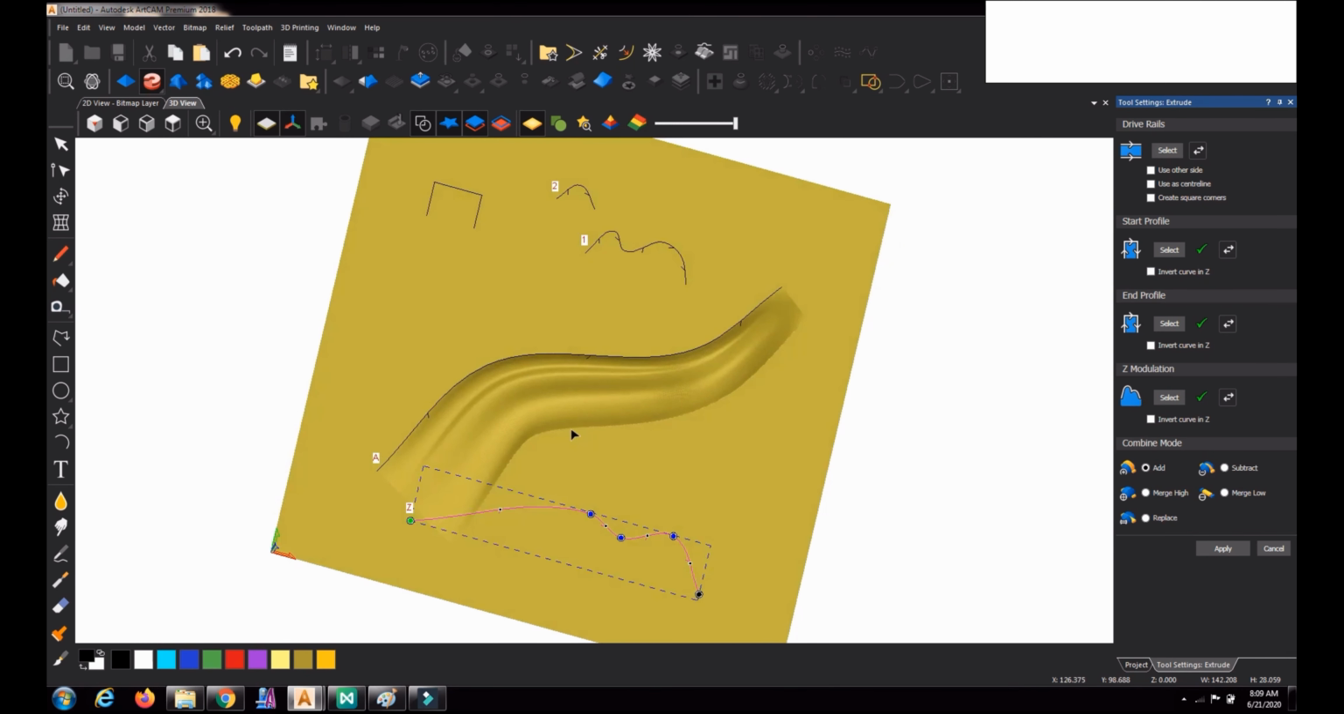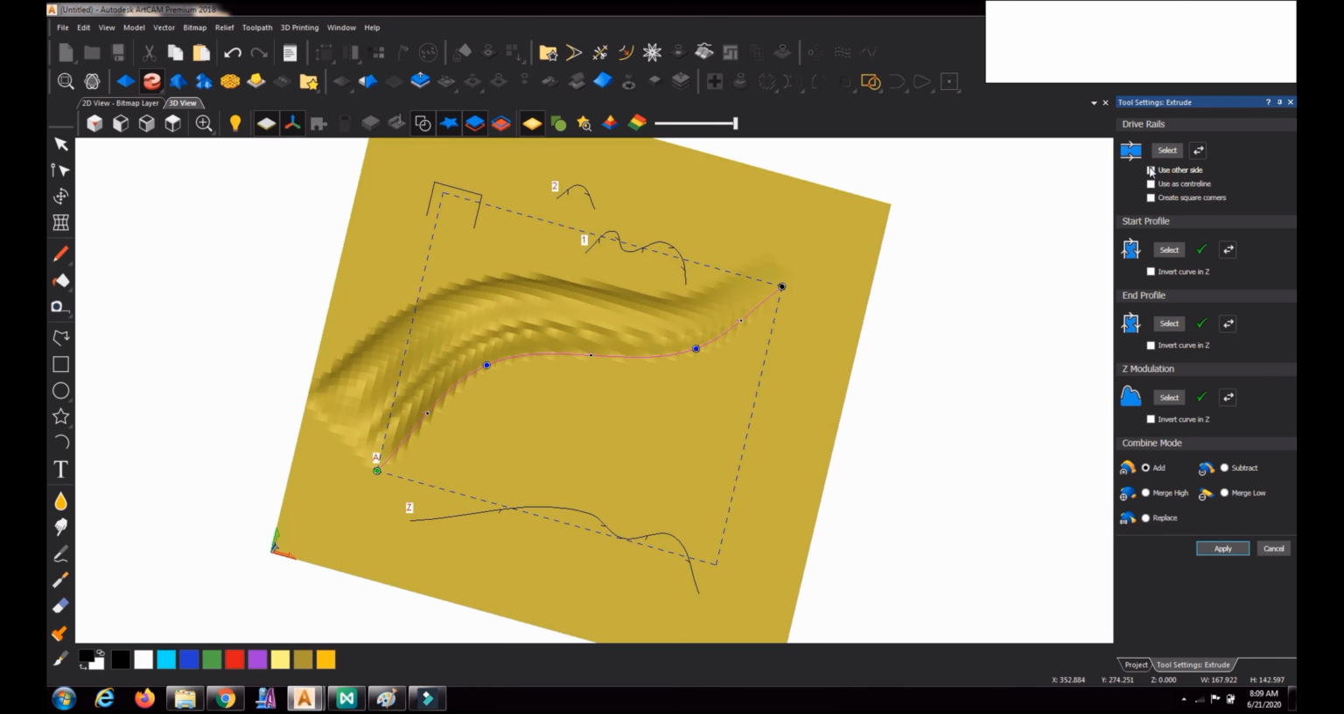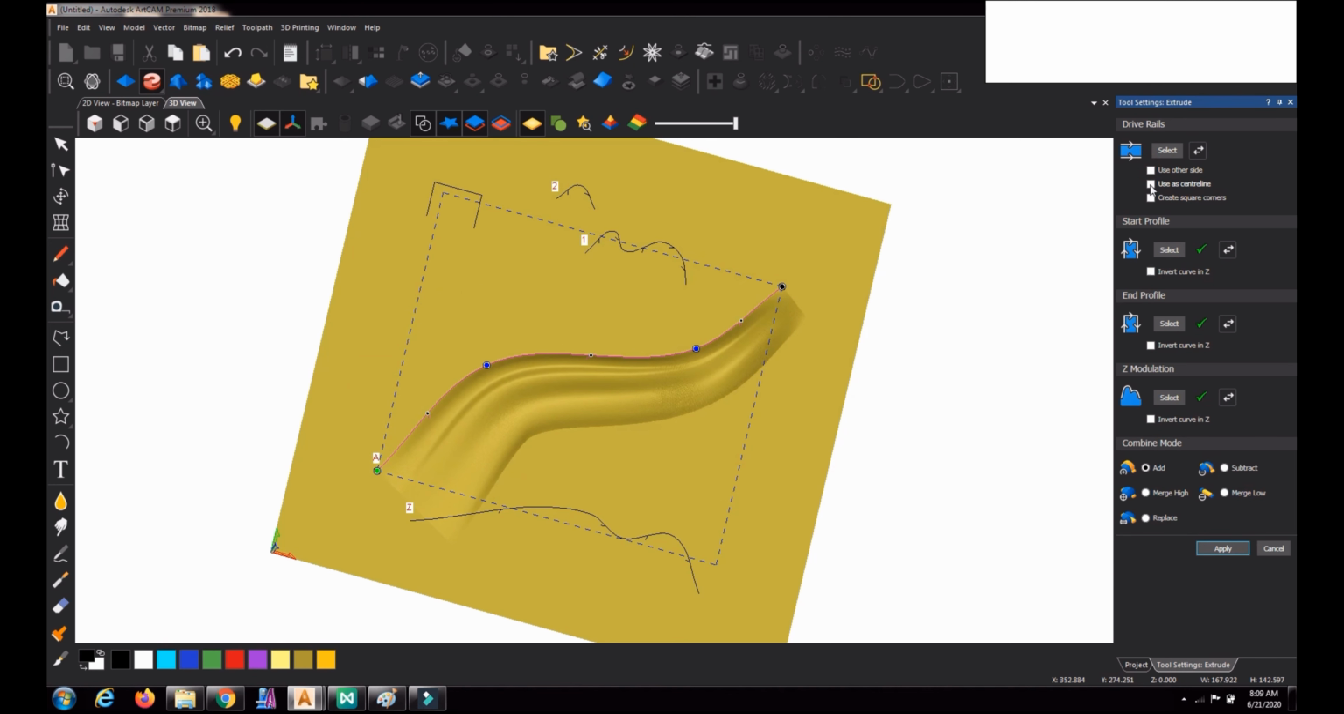Now you can see the drive rail. This is the drive rail. The relief is formed on one side of the drive rail. Now if I want to use the other side, I can move it to the other side. Use other side: if you click this button, it moves; if you want the same side, you can keep it there, or if you want it in the center,